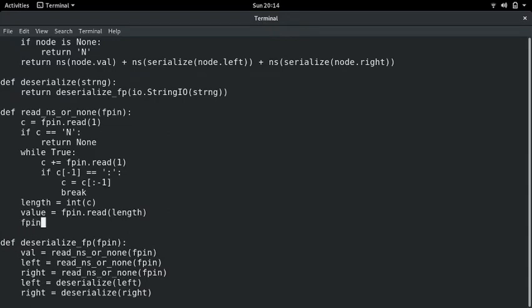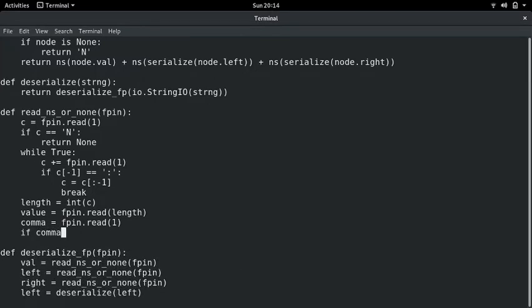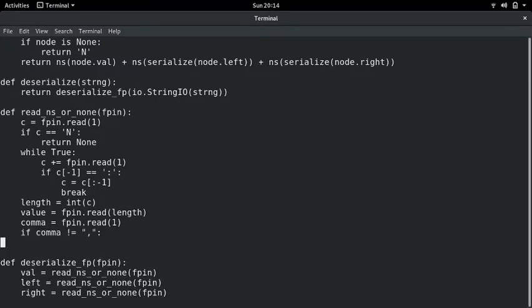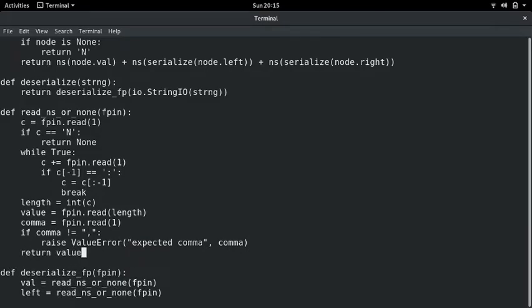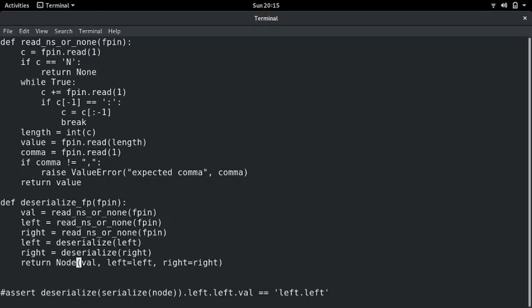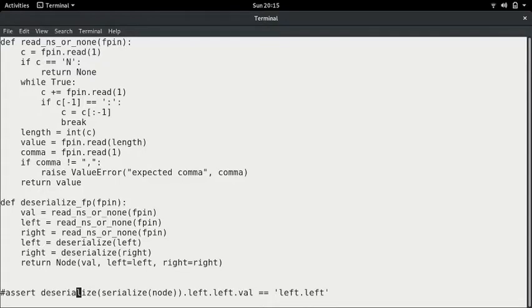Now fp.read the comma: read 1. If comma is not a comma, there is a value expected. Okay, so this